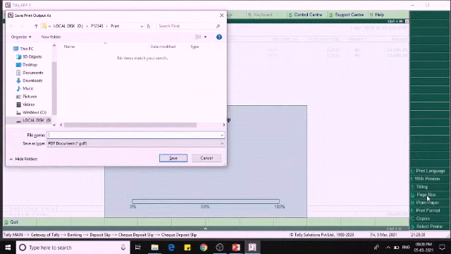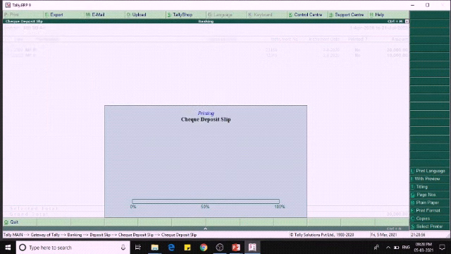Let us save this and then we give yes to this. It shows the path where it has to be saved. If we have a printer it will automatically print. Now I will save this to PDF as check slip 1.